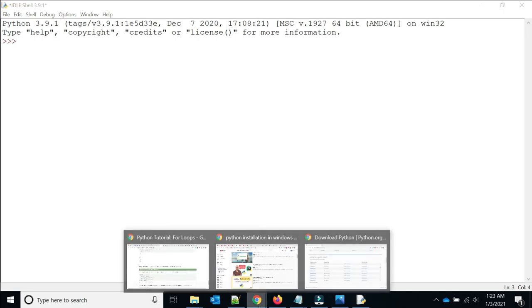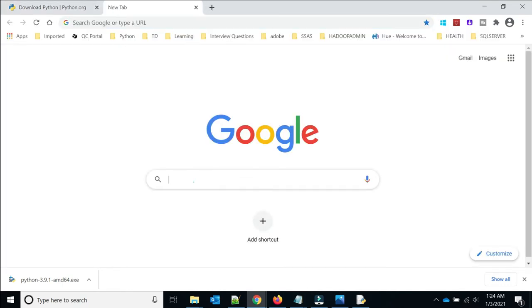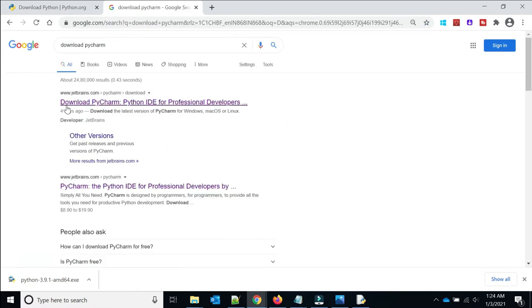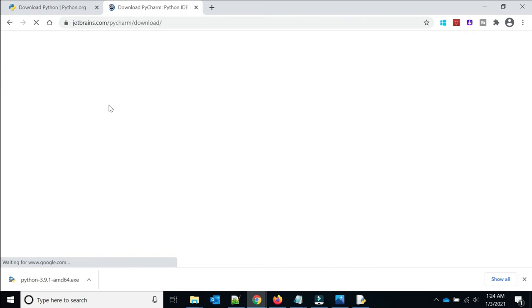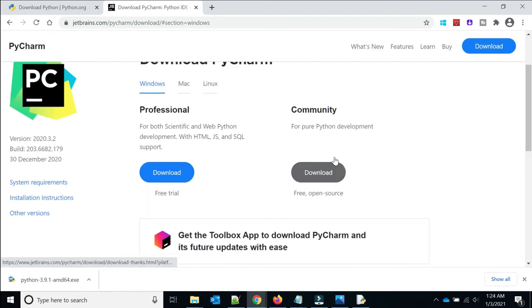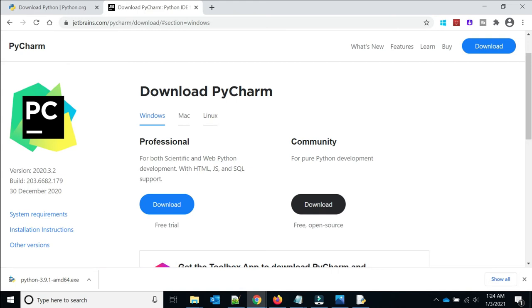To install PyCharm, go again to Google and type download PyCharm. Click on the first link, and you can see here there are two versions of PyCharm. One is professional, another is community.